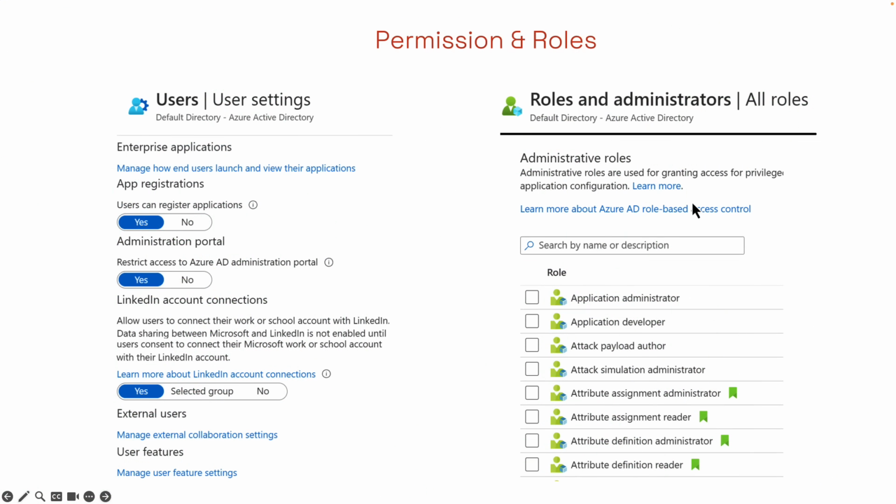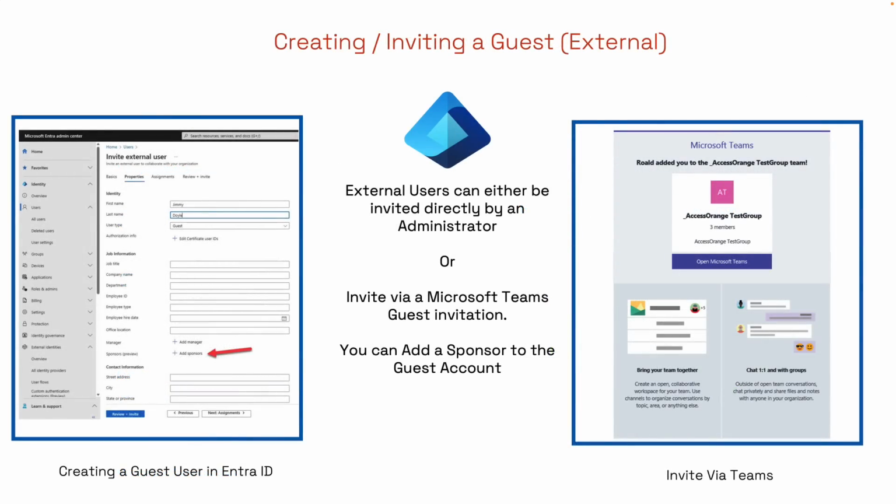On the subject of permissions and roles, of course, there's the user administrator, the global admin, and we also have the special guest inviter role, which obviously does exactly as it says on the tin, so really useful. You can also link your LinkedIn account as well. If you're using LinkedIn, which many people do, you can link that in there too.